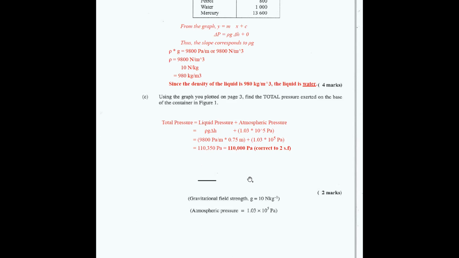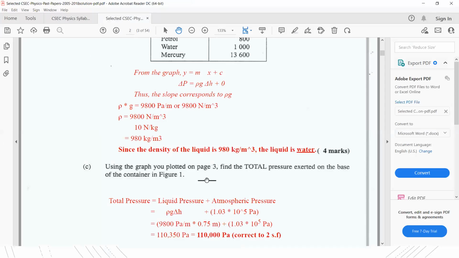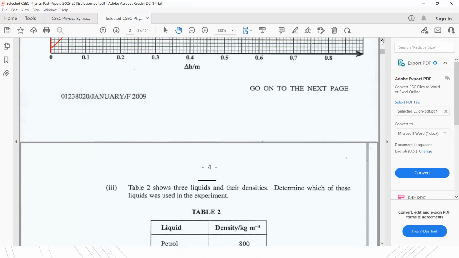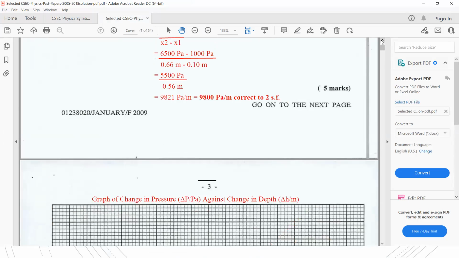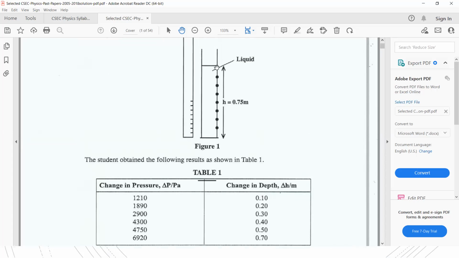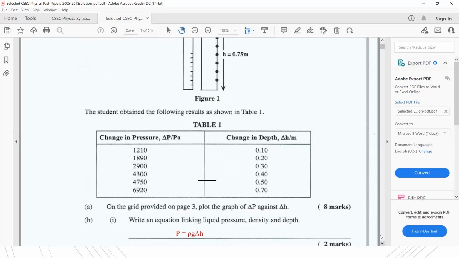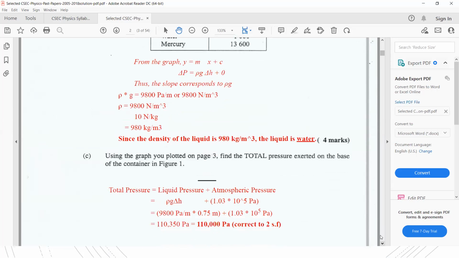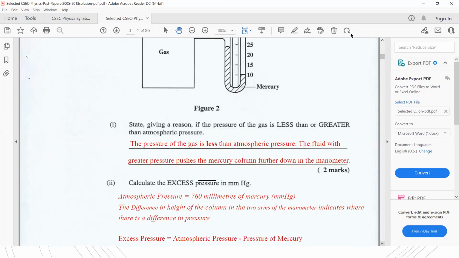So if we look back at the question. So the liquid was in an open container. The total height, well, the height of the liquid was 0.75 meters. And so if we use that in the equation, we have,